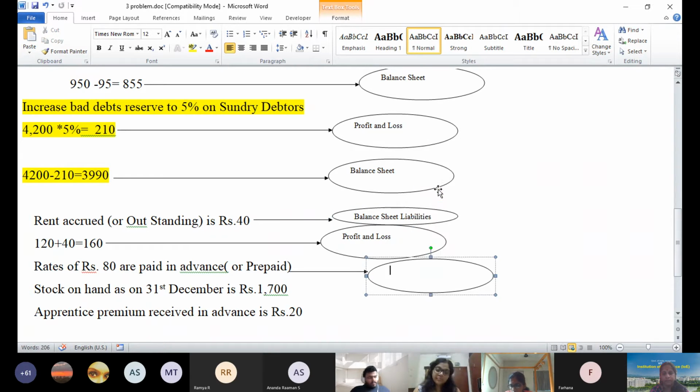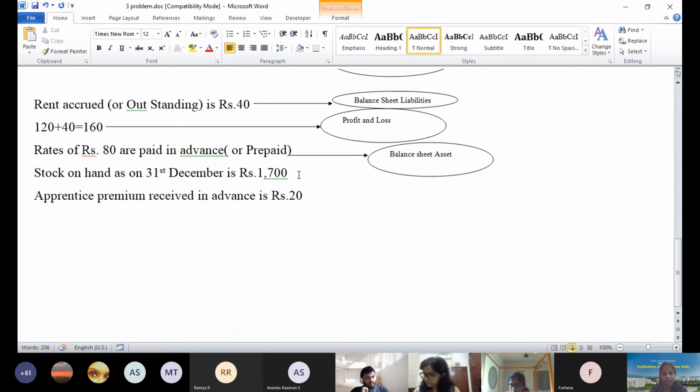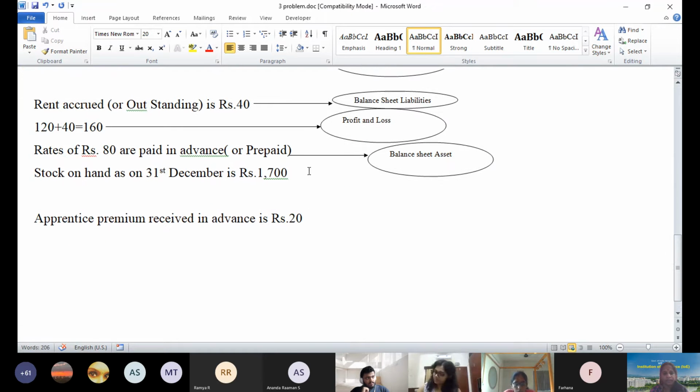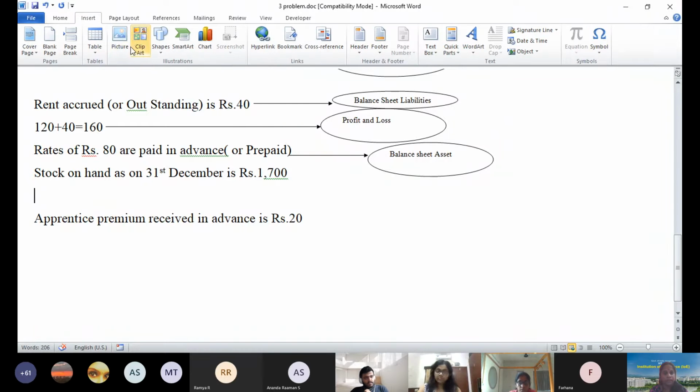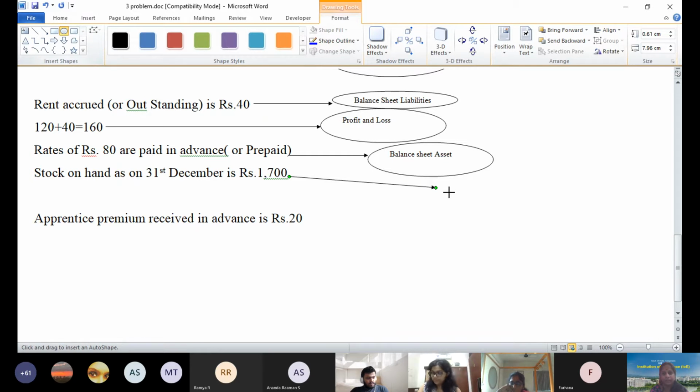Same way here, balance sheet asset. This is also balance sheet asset. Debtors is asset. Plant and machinery is also an asset. So balance sheet asset. So I'm segregating it. The stock in hand. There are two particular aspects in stock in hand. So we need to really make sure about the stock in hand. What is stock in hand? It will come in your trading account. I'm writing the complete text in one place.